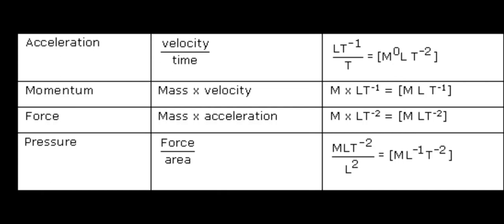So pressure, we know that the formula of pressure is force upon area. So for the dimensional formula for force, force is equal to mass into acceleration. From here we can find out the dimensional formula for force and put it in this equation. The area is equal to length into breadth. Again, length and breadth are measured in length, so L into L means L square. So when we solve this equation, M L minus 1 T minus 2 is the dimensional formula for pressure.